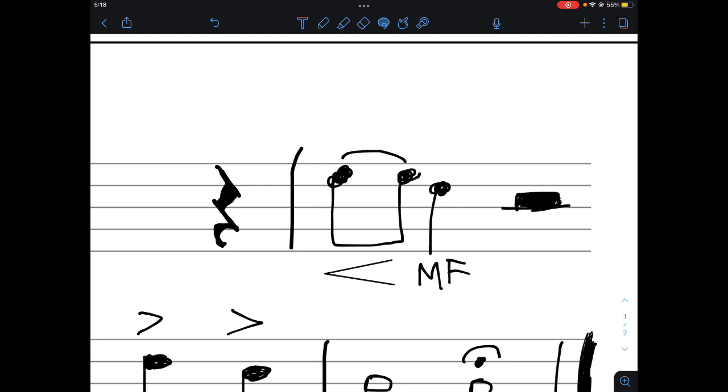But most of the time, sometimes the second note here will be down like another one. This one will be down another one. Whatnot.